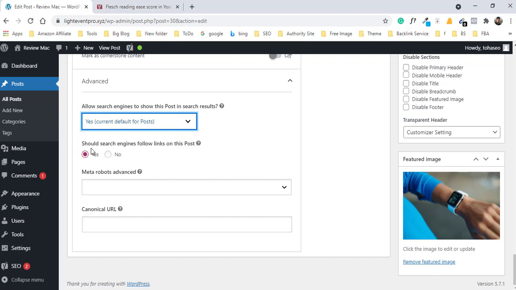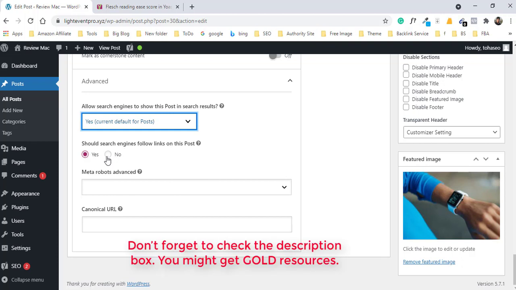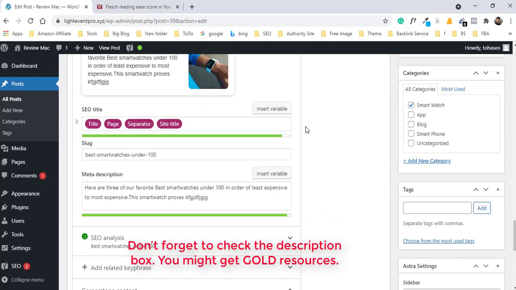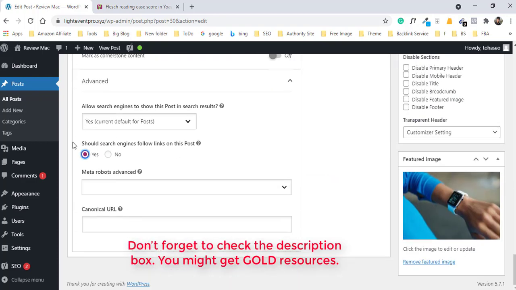And here also: should the search engine follow links on this post? You can tell the search engine with one click that if I click no, then all outbound links are nofollow, and if I say yes, then the search engine automatically understands that all links are follow.